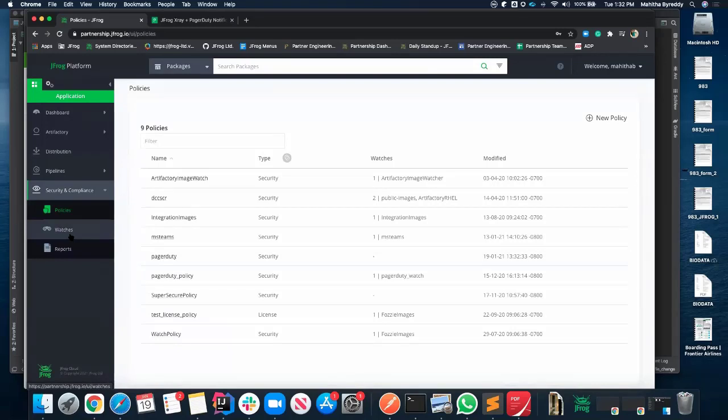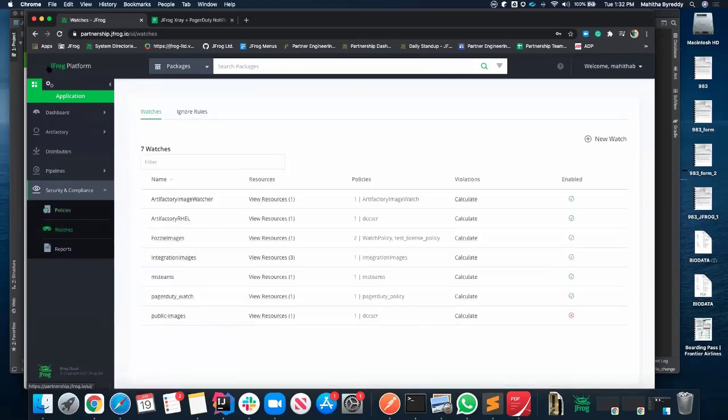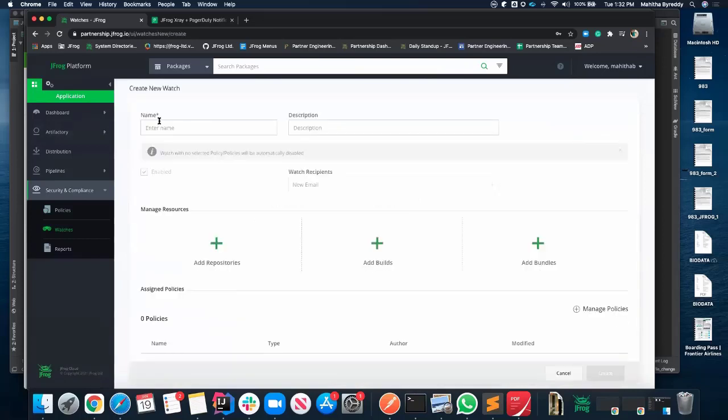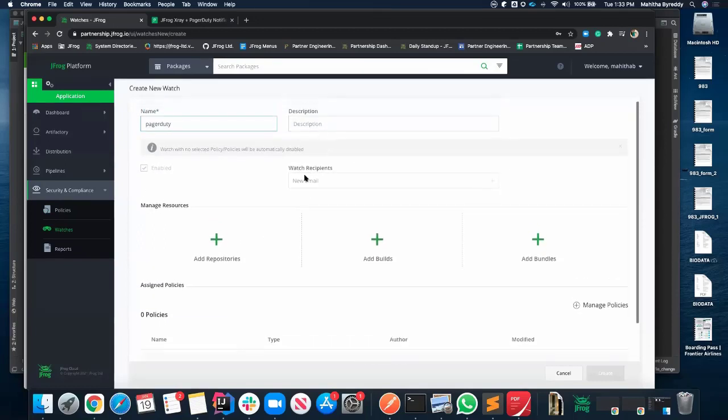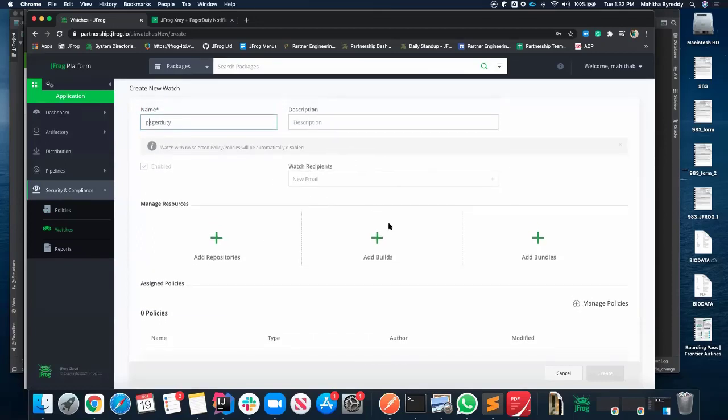Next, navigate to watches from security and compliance in the application section as well, and then create a new watch. Enter the name of the watch, and then any description or email recipients if required.